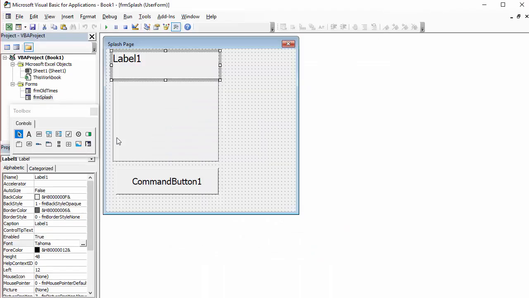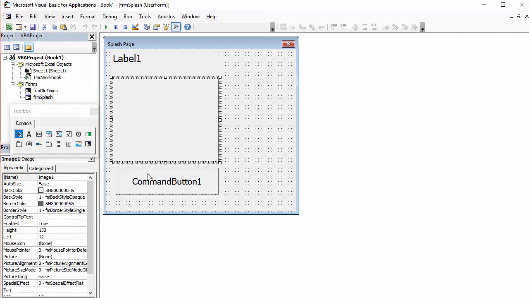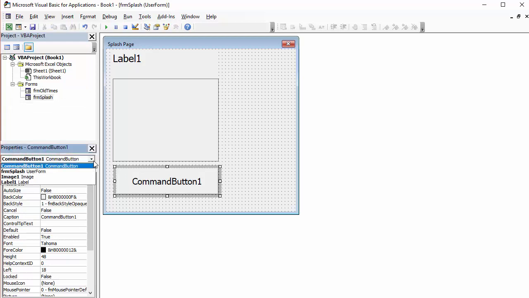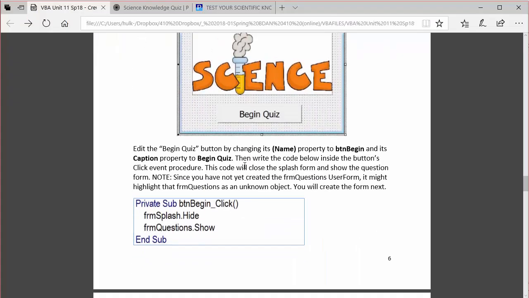This page is not going to do very much. It's just going to pop up one time and then go away. So if I don't have to change them, I'm going to leave this command button 1. It's the only button on this particular form, right? This form has one button, one image, one label, and just, I don't know, just to do different, I'm going to leave this one command button 1. And the code for this is